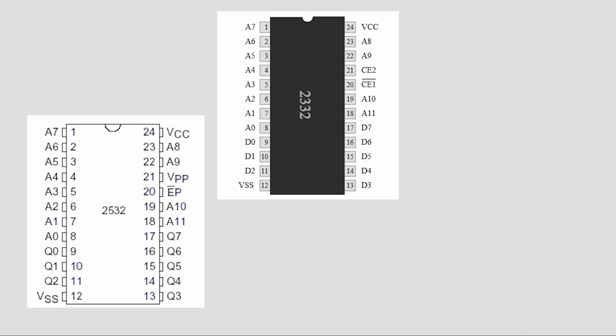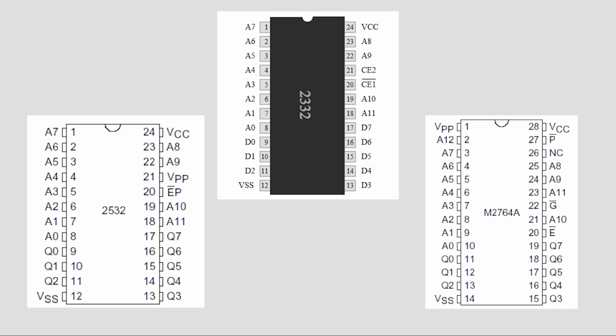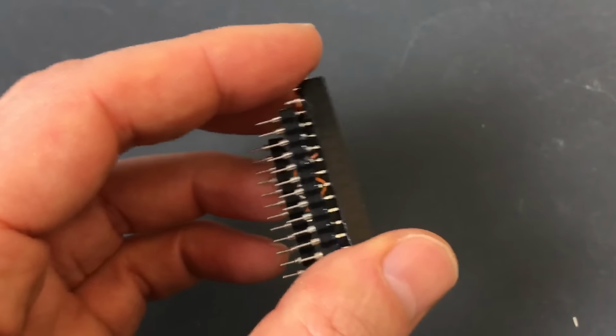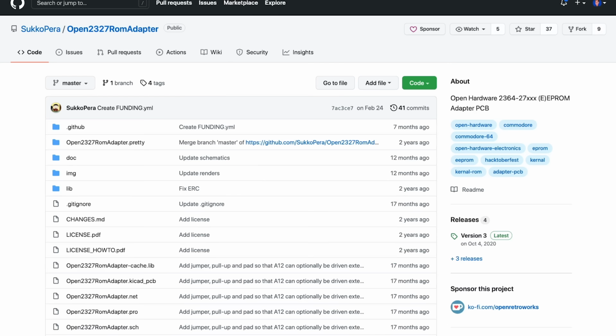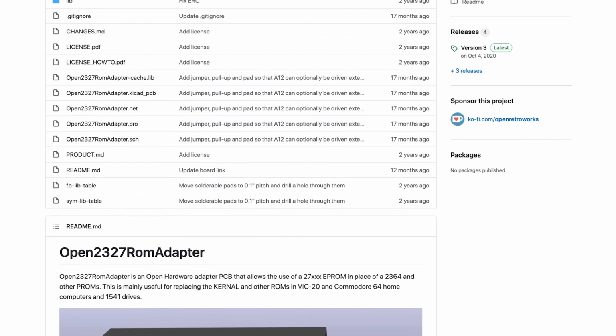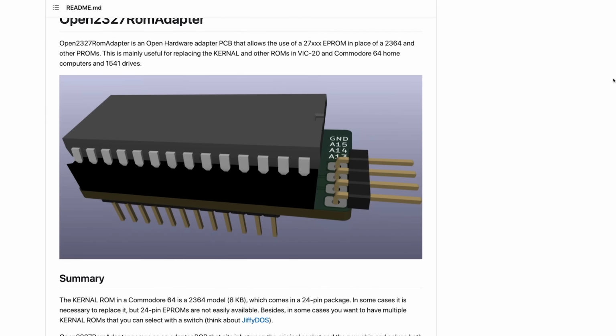have. Looking around, I see it's very similar to 2332 EEPROMs, but I still don't have any of those, and they also usually require higher voltages to be able to program them, and my EEPROM programmer can't handle that. However, that's a very similar pinout to the ROMs of the Commodore 64. In the past, I made my own adapters, but they're ugly and they're a pain to put together. Fortunately, there are several open source projects for custom PCBs to use a 28-pin EEPROM in place of the Commodore